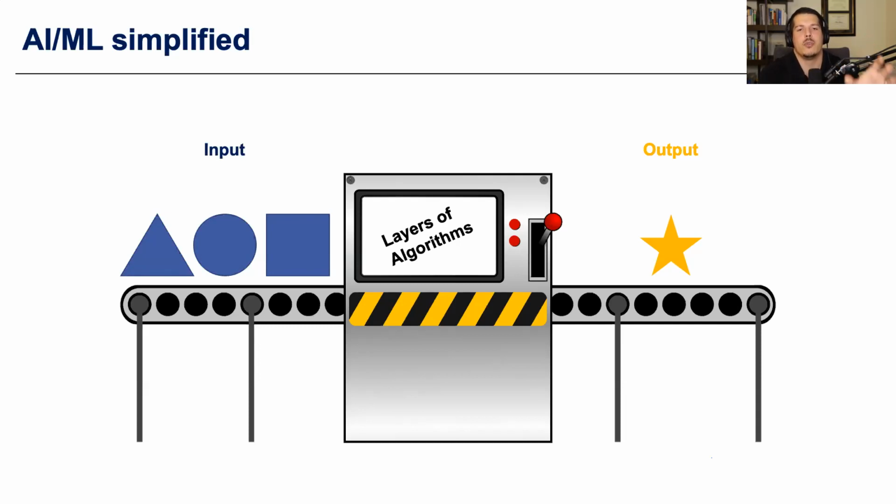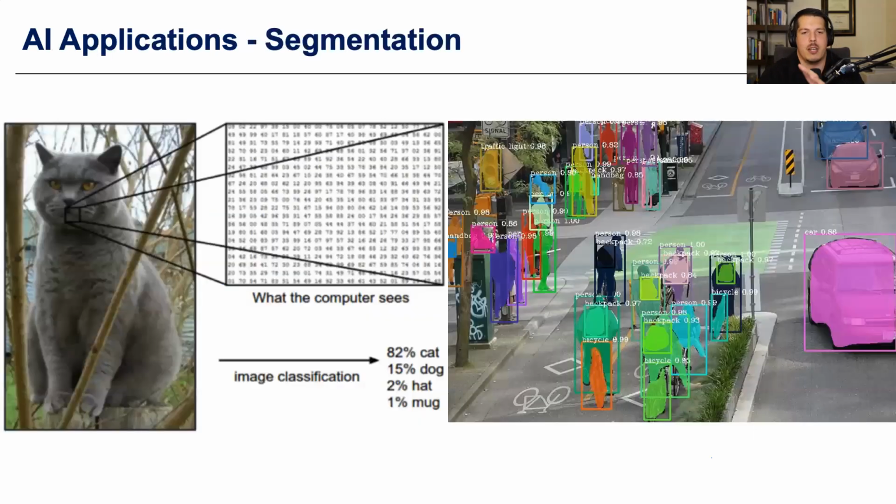But in simple terms, AI uses different inputs, different types of data, then does its magic with the different layers of algorithms. That's basically what's happening within the machine. And then you get that output, and that output is the one thing that is very important for us marketers, and it varies. We'll get to it in a second and see what types of applications, what ways we can use AI in marketing. So there are different types of AI applications,